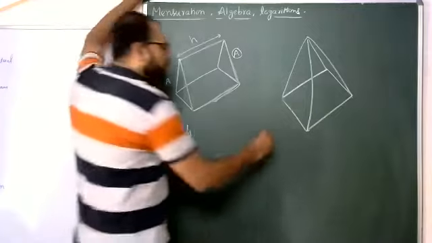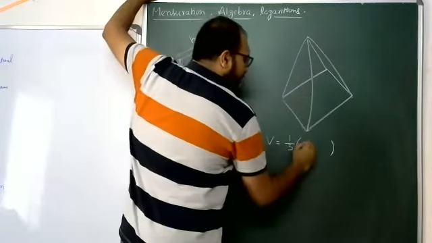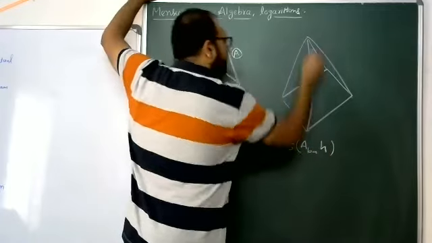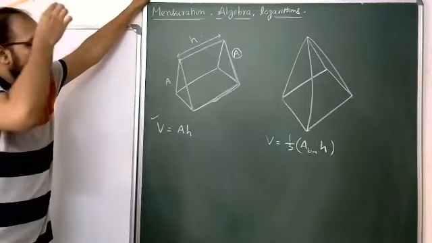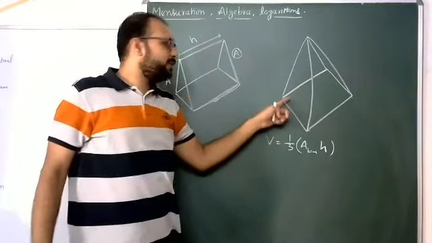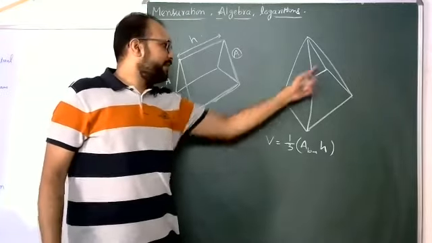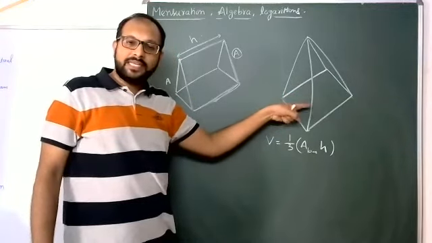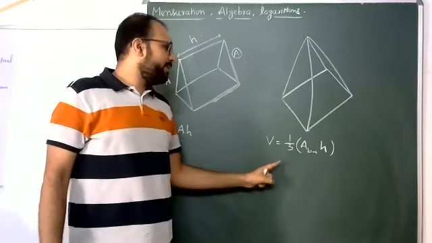Now total volume of this pyramid is 1/3 of area of this base into perpendicular height h. So that is, students, one pyramid. But here I have drawn a square pyramid. That may be a triangular pyramid also. Instead of a rectangle here, suppose a triangle is there, only 3 sides. All 3 vertices connecting to the fourth vertex. That is also a pyramid, but that is a triangular pyramid.